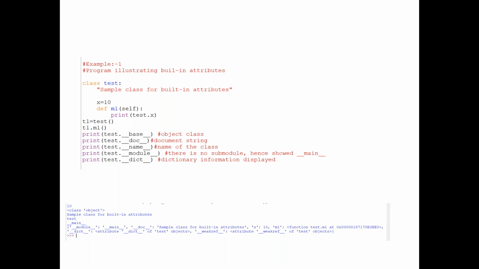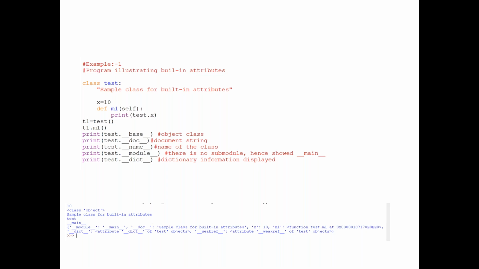So again, I'm underlining that this is a static variable. The reason is it's created within the class and outside of the method. For any static variable, you have to prefix with the class name, nothing but test.x. In case it's a non-static variable, that means you created a variable like y equal to 10 within the class and within the method, then you need to prefix with self.x or self.y.